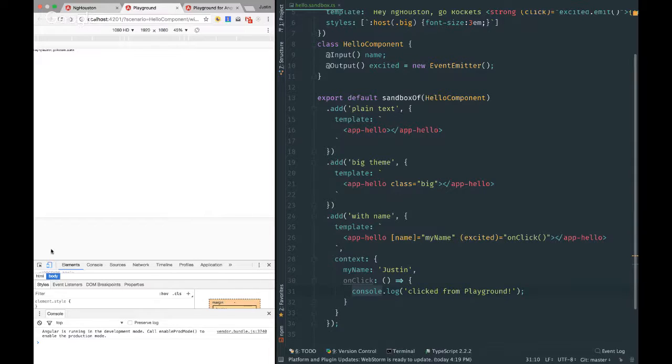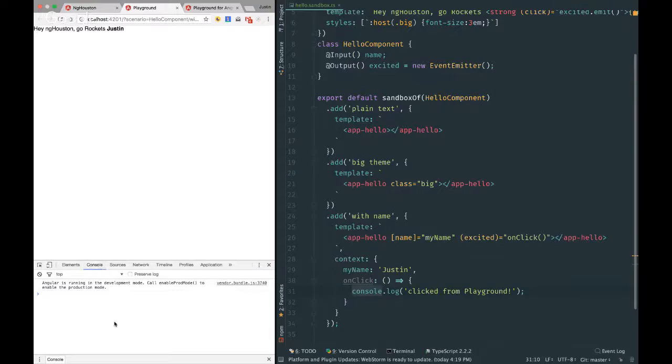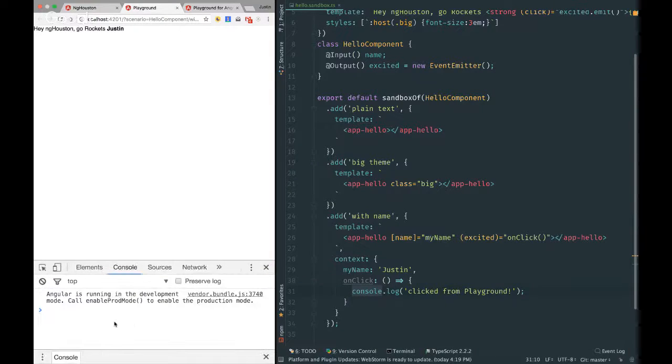And get out of this view here. Okay, so now if I increase the font down here so you can see the ever exciting click. And I'm hoping this works. Click. Cool. Click from playground, right? So now we've wired up all this kind of like usage and interaction in our sandbox with these different scenarios